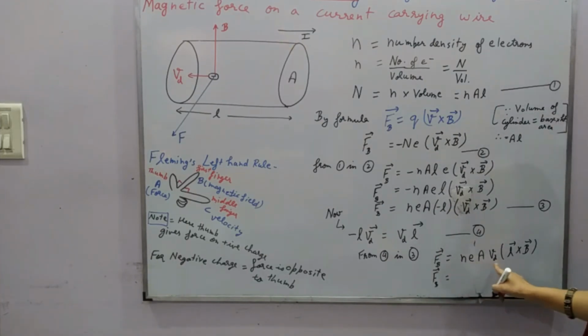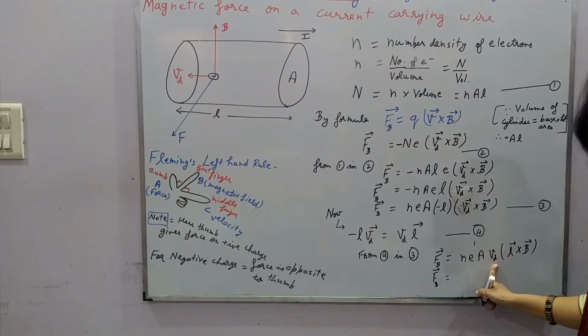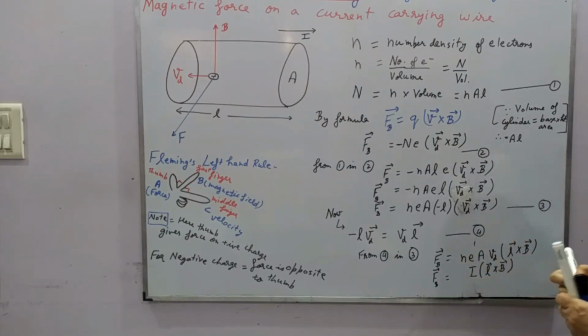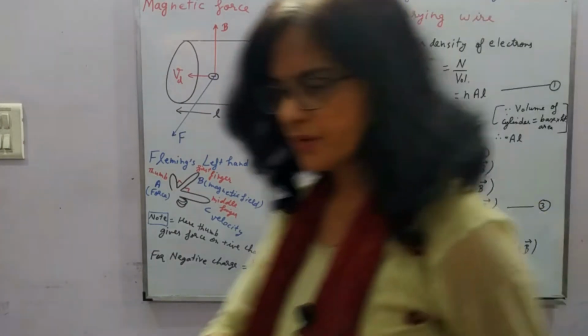This N e A Vd, just recall the formula, N e A Vd is current. So this is I L cross B vector. So from here, this is in vector form. The derivation is complete for the vector form. Rest of the things I'll write on the next slide, right? So from here,